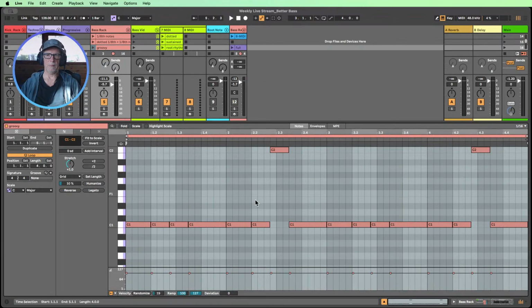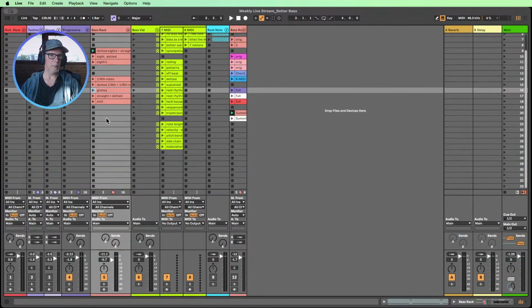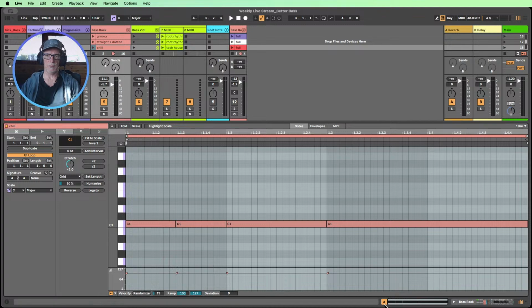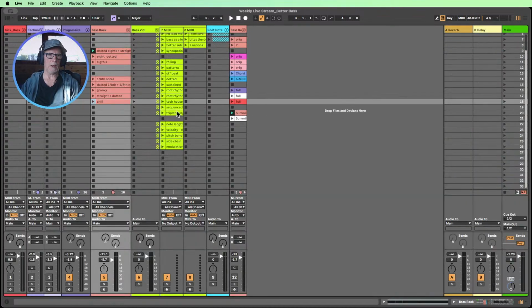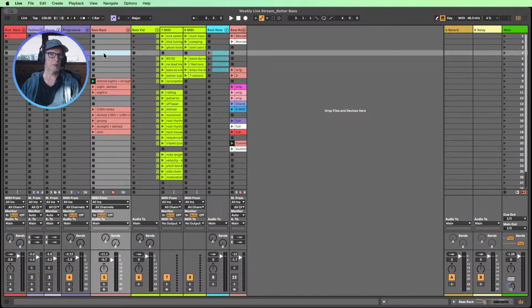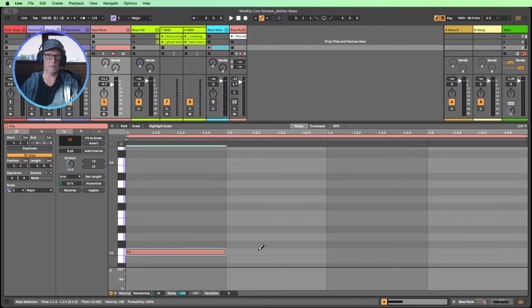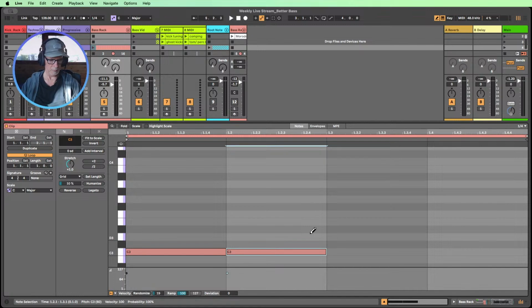Groovy, what was groovy? Sort of similar to what we had already done, straight and dotted. What's chill? Well, chill's sort of using a couple of other note lengths that we haven't maybe used. So could we use quarter notes? Yes, we can. So let's say we can also have quarter dotted notes, by the way. So let's go in here and let's have a quarter note or two. So the same as the kick. And then maybe we'll go into some eighths.